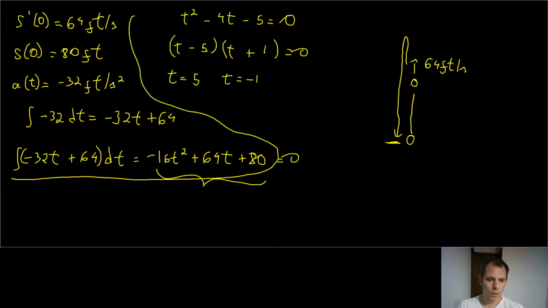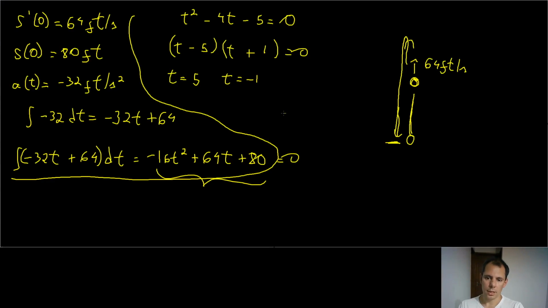Knowing this, the initial velocity was this. Anyway, the -1 says that 1 second before the problem started, the ball was here, and then 1 second later, when the problem started, the ball was here, and the exercise started, and the thing was thrown upward with 64 feet per second, and it went up and it came